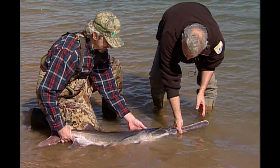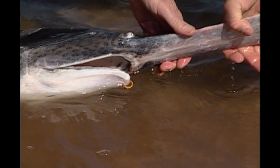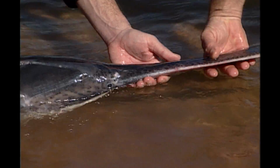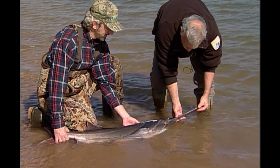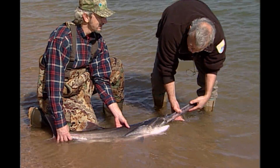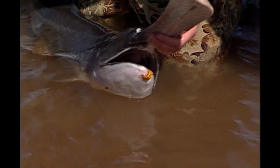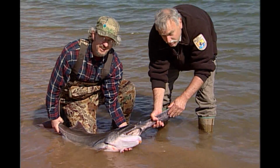This is an awfully unique fish. It is prehistoric. It has not changed at all since the time of the dinosaurs, and one of the unique features is this rostrum, this large paddle that sticks out in front of the fish, and we're still not exactly certain what the reason for this rostrum is, but it helps to stabilize the fish as it swims into the current. It's a zooplankton strainer. It's got a very large mouth, and it'll flare that mouth out and strain zooplankton out of the water. And when it does that, it creates a tremendous drag, and this rostrum helps to keep it stabilized in the